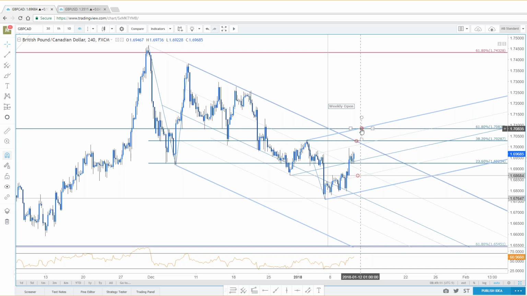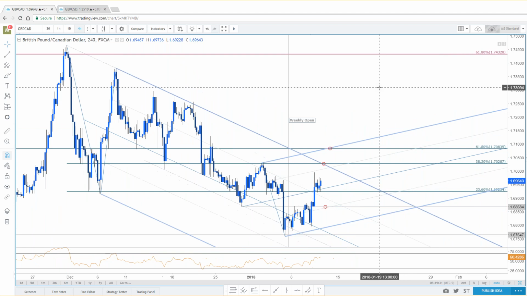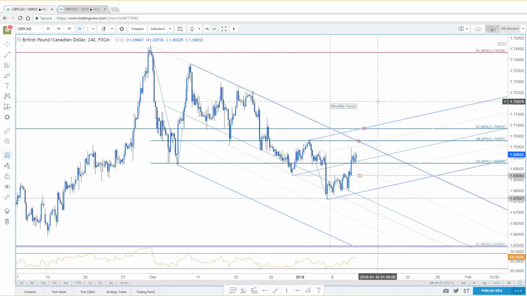All the other pound crosses seem kind of heavy. If we break 70.83 on the pound upside, I do think you get the larger recovery if that scenario pans out, all things held constant. If you're holding long positions, you should be looking for exits here. In the same respect, I'm looking for a possibility for exhaustion at one of these two levels for a recovery play downside in pound CAD. But again, tread lightly, guys.